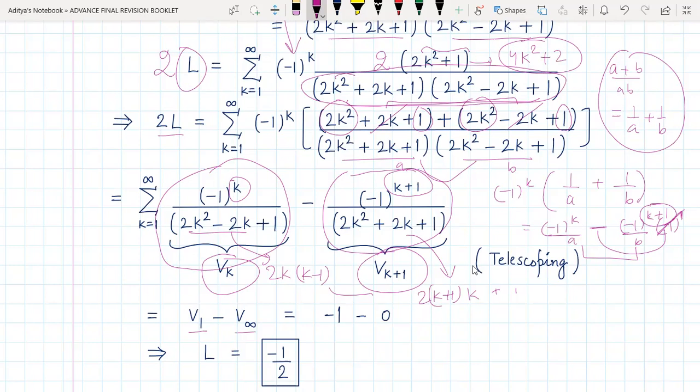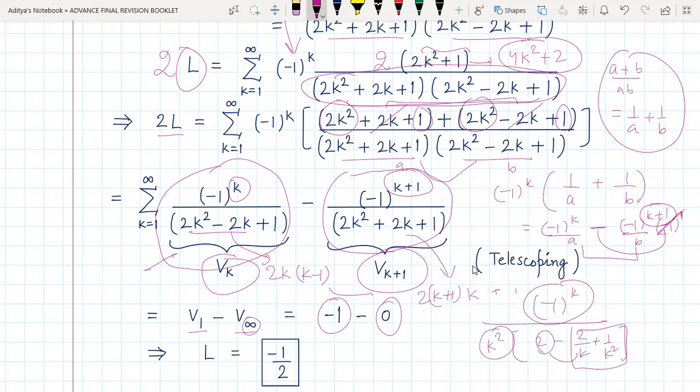Obviously, if you put the value of k as 1, v_1 will come out to be minus 1, and as k tends to infinity, it will obviously become plus or minus 1 upon infinity, which is 0. So finite term upon infinity is going to be 0. The reason it becomes 0 is minus 1 power k. You can write like this, k square you take common, (2 minus 2 upon k plus 1 by k square). Clearly, when you try to find v_infinity, this thing will tend to 0, right? And 2 minus 0 is 2. This will be plus or minus 1, but this will be infinity. So 2 into infinity is infinity, 1 upon plus or minus 1 upon infinity is again 0. So that's why we have gotten this.